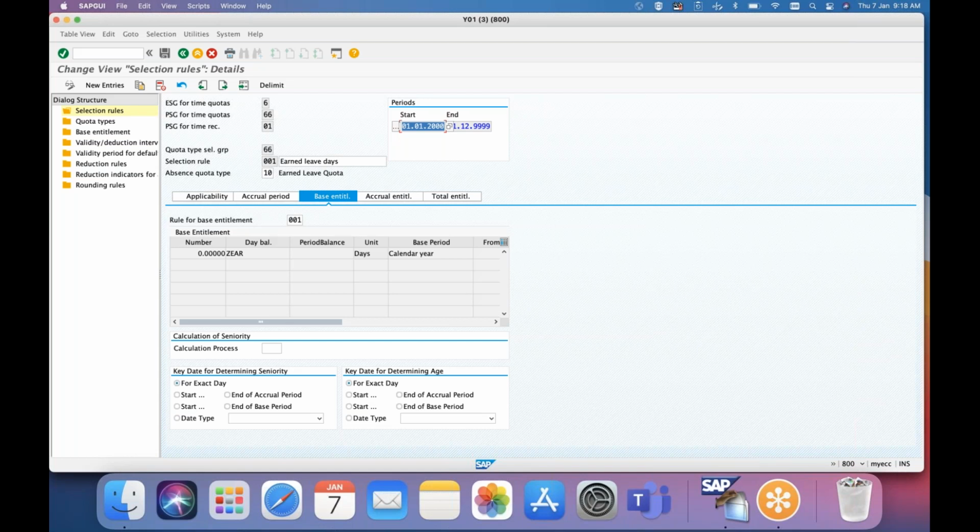Generally, we will use calendar year. If your base is say monthly, the quota will be for monthly, the entitlement which you are giving. But here, when you are using calendar year, we will not do anything to the base period. We will just give a time type. So now we will play everything with the time type.